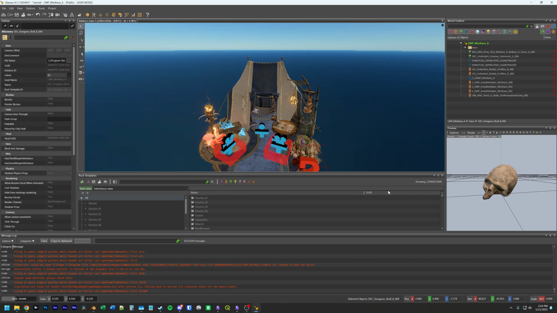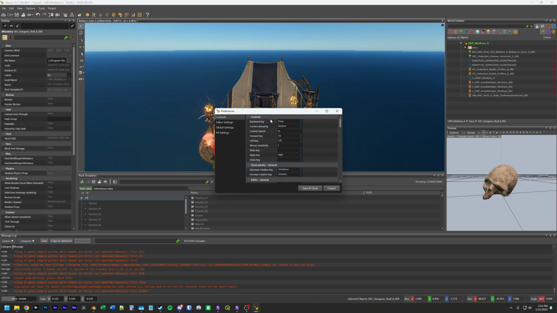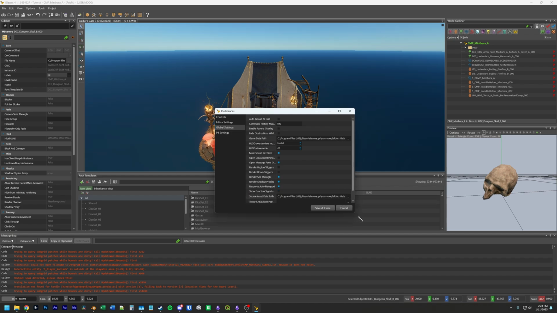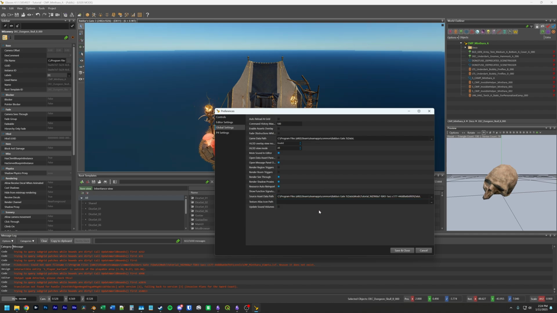You need to do this every time you start a new mod, or anytime you open the toolkit and go to a different mod than what you were working in before. Because as you use the toolkit, this preferences is just set for the toolkit in general. Why it can't just be set per mod, I'm not really sure. But I've definitely had instances where I'm working in one mod, switch over to another mod, I forget to change the source asset data path, I extract a few things, and then I'm like, where the heck did they go? I don't see them in my data folder. And it's because I forgot to change the asset data path, and so it extracted to the wrong mod. So anytime you make a new project or switch to a different project, just make sure you set the source